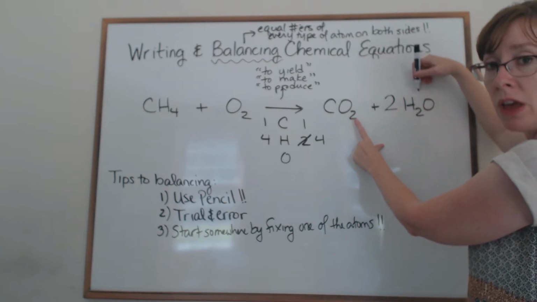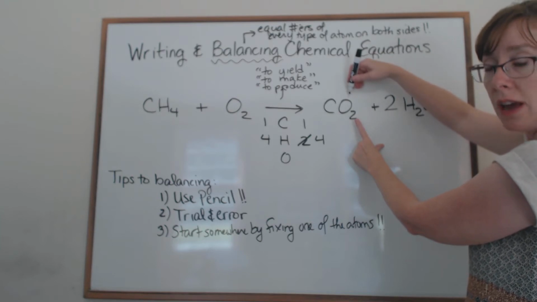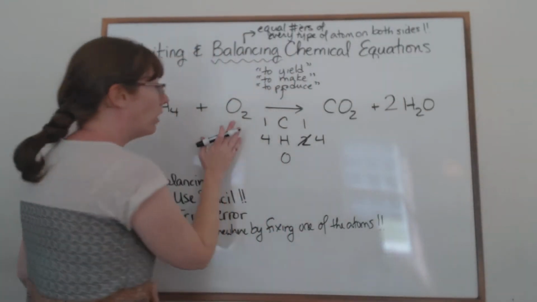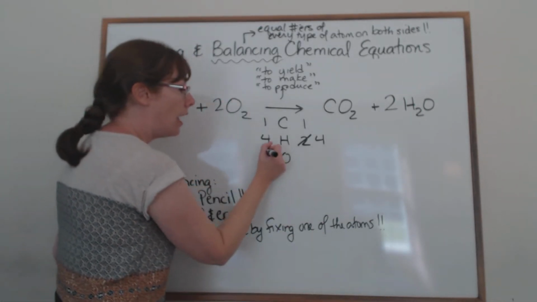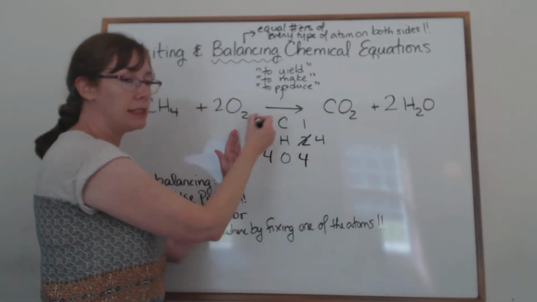You've got to make sure you count both. So I've got a total of 4 oxygens on this side. And how do I get 4 oxygens on this side? Well, you would just put a 2 in front of here. And so this little process here